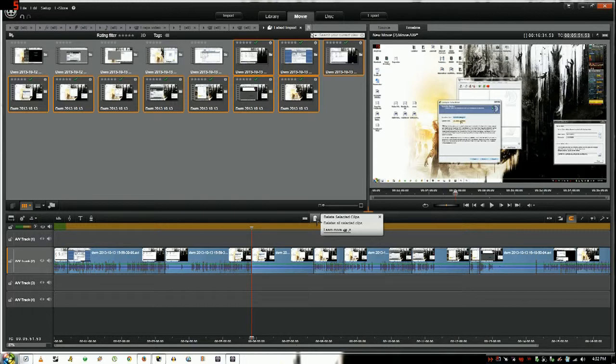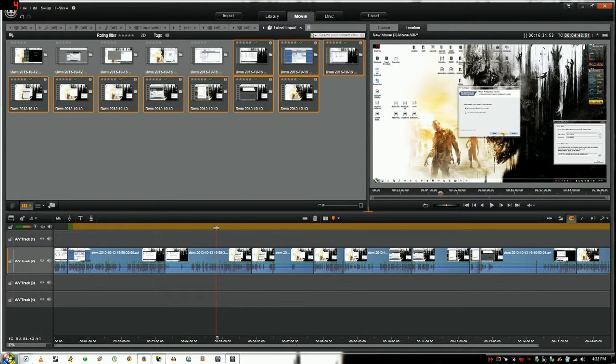This button will delete selected clips. You just left click, click delete. This is a snapshot button. It's a pretty easy way to create snapshots for custom thumbnails in your YouTube videos, or if you just want to have that as advertised. Here's a marker button in case you have long videos. This is a cut button. To use that, you just select what part of the video, and you just